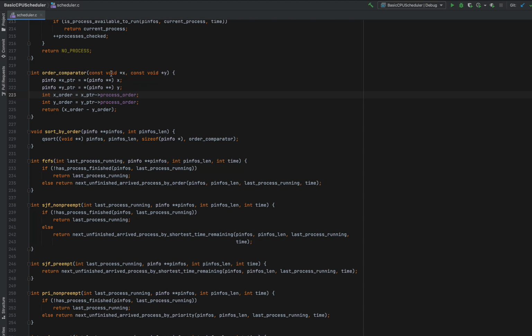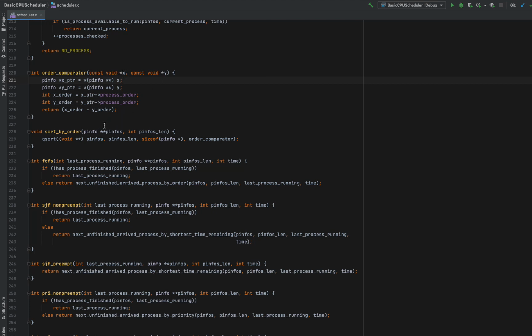So we are being passed two pointers. So we are not given the elements, rather we are given the pointers to those elements. And what are those elements themselves? Those elements are pointers to structures, right? So that means X is a pointer to a structure. That is why it is being cast as pinfo double pointer, right? Let me say that again. The way the quicksort comparator takes its arguments is it gives the comparator addresses of its elements.